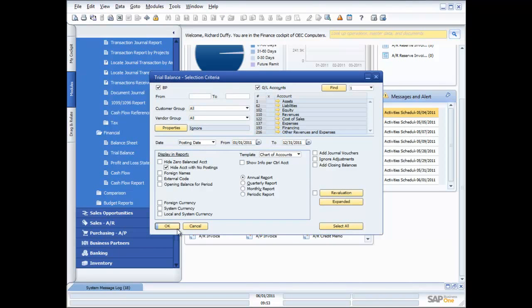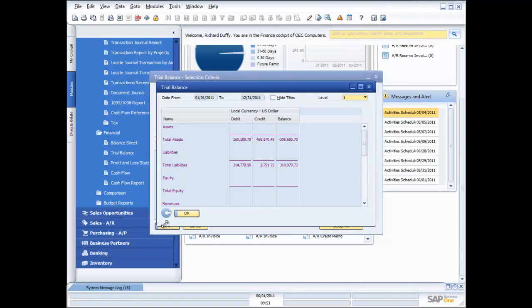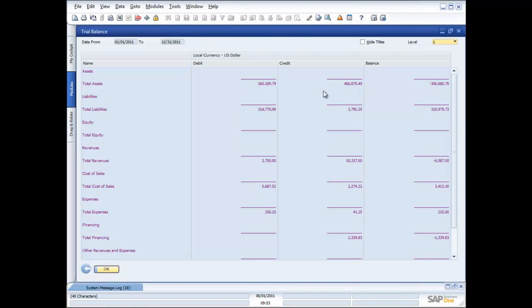Okay, and I'll generate that again. Again, select the accounts that I want to see. Don't want business partners, and I'll say OK. And now I'm getting my transactions. Let's expand that out. So the beauty of this is I can print this report now at this level,